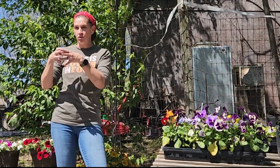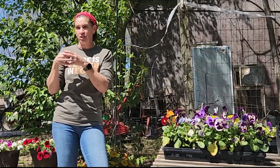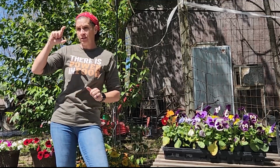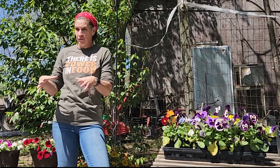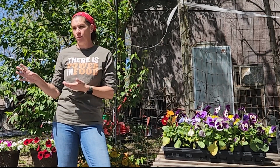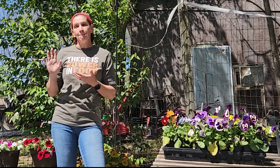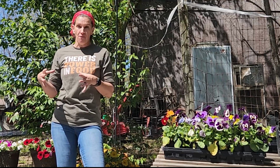Again, we want that strong root system, and so everywhere the stem touches the soil, it's going to root. So I will leave just the top couple of inches of a tomato plant. I will strip all the rest of the leaves off and I will dig a hole deep enough to be able to drop that guy in there and mound the soil around it, pat it down firmly, water it in really well, and then let it go. Is it going to delay how quickly that plant grows? Maybe a little bit, but that stronger root system is going to make up for it in the long run